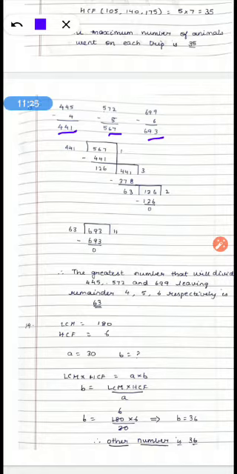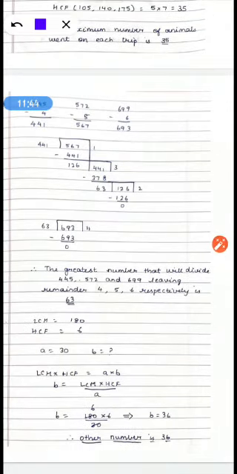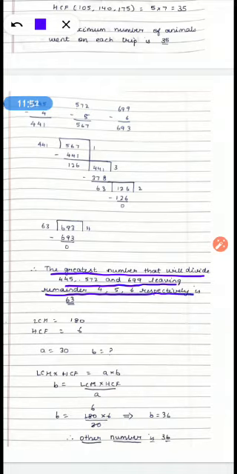For the HCF of these two numbers, we get 63. And we have to find the HCF of 63 and the third number 693. We get the remainder as 0. Therefore, the greatest number that will divide 445, 572 and 699, leaving the respective remainders 4, 5 and 6 is 63. Therefore, we can find that the greatest number is 63.